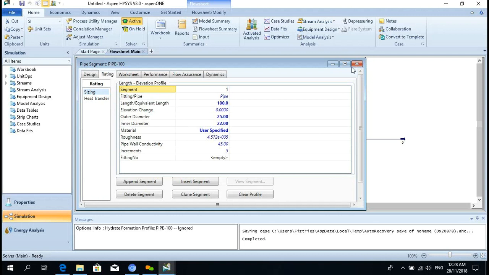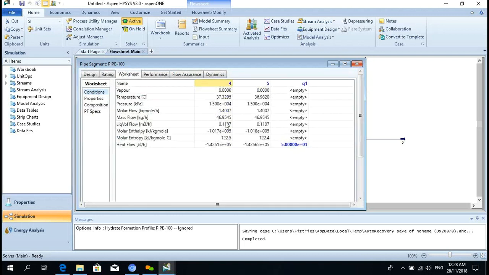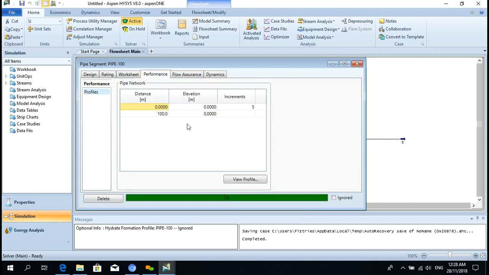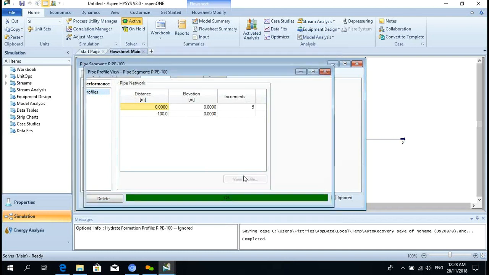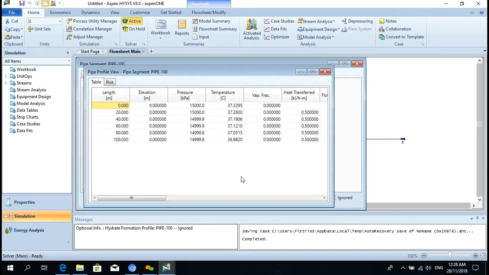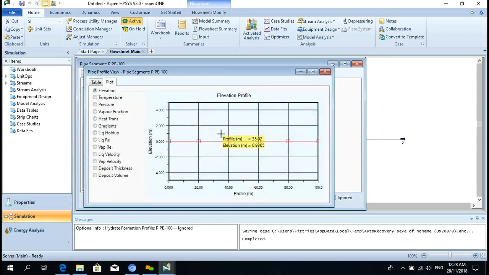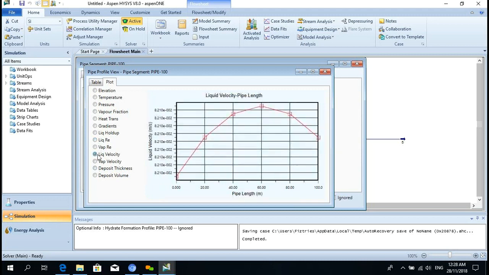Now double click here. Go in worksheet, not sheet. See here you can see properties, performance. You can go in performance, view profile. Now you can see plot. Go in plot. You can see liquid velocity here. See left. Go left. Select liquid velocity. See, this is